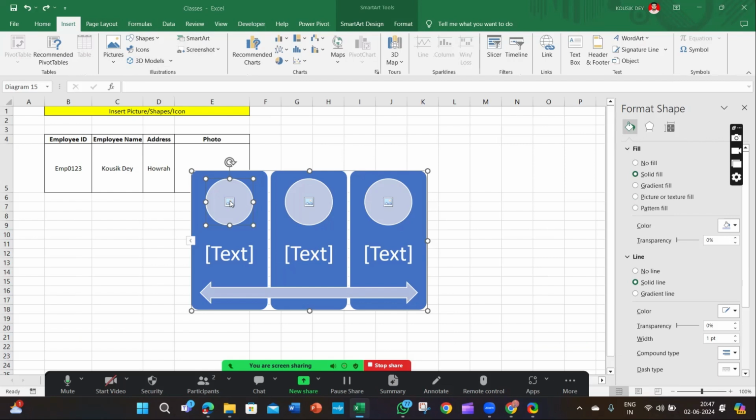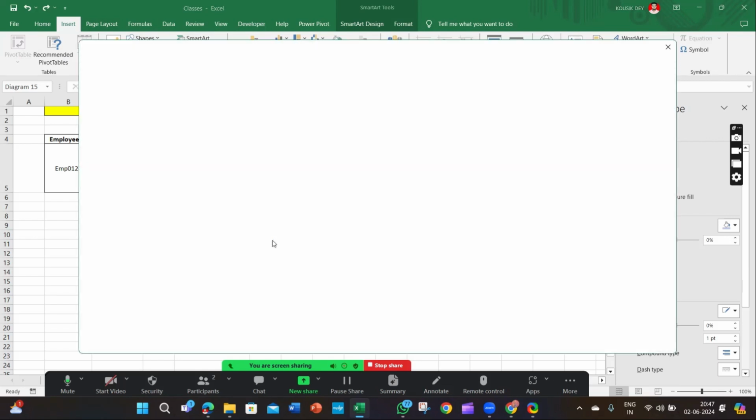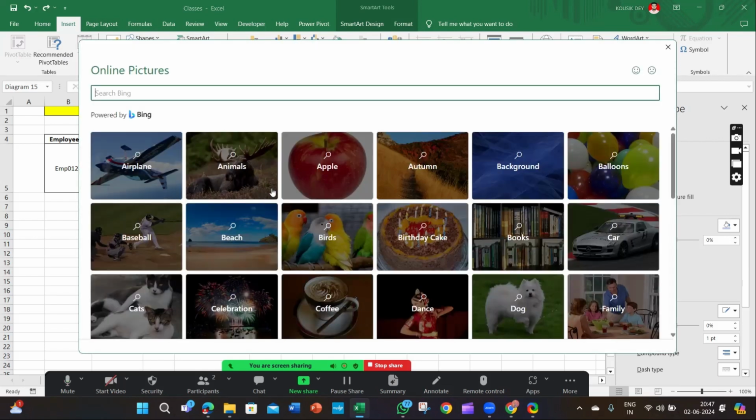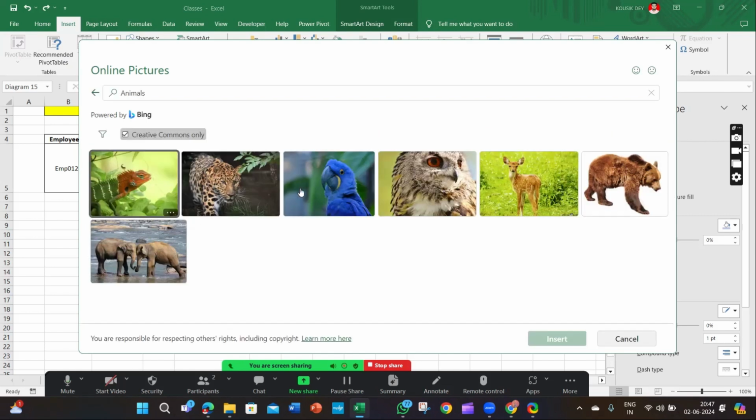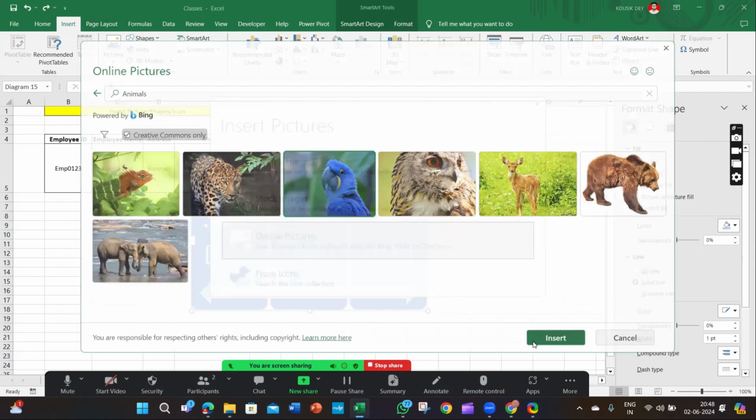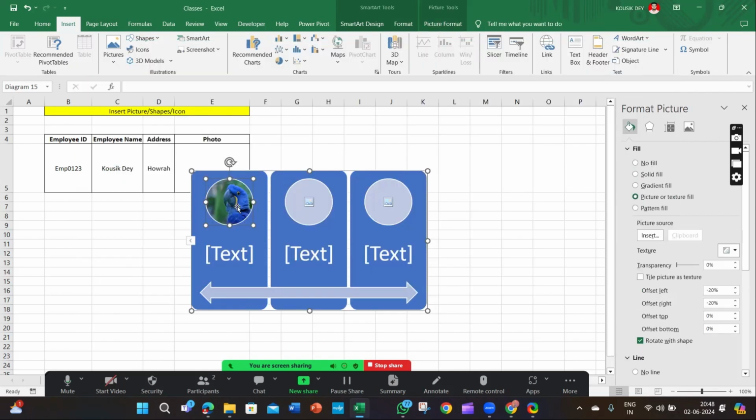Then what we need to do is select here and go to online pictures. In online pictures, select anything, for example, this one. It has been placed. In which way? As it was defined by the template. As per the template, it has been fixed.